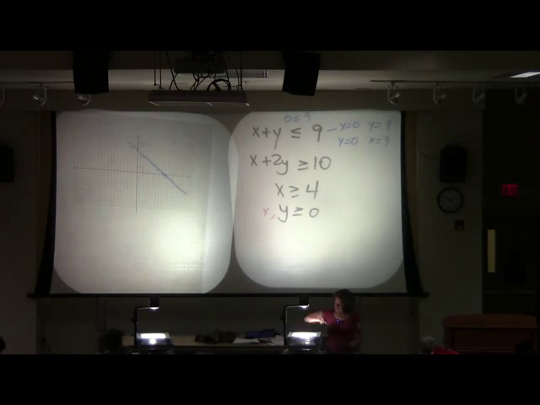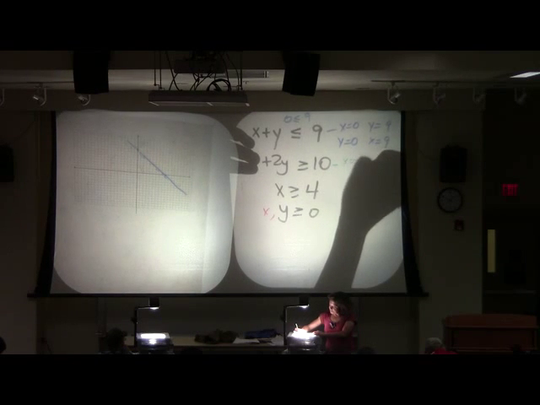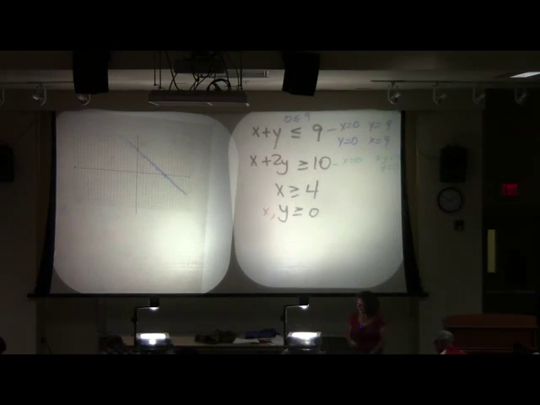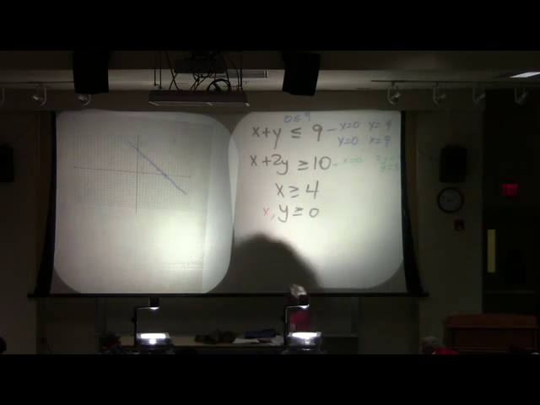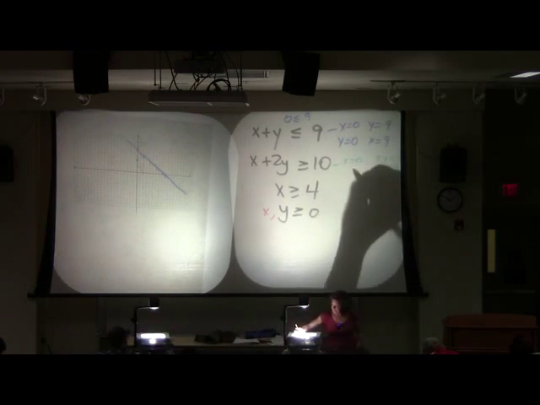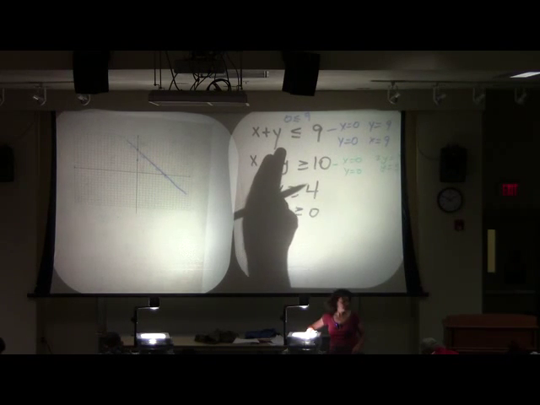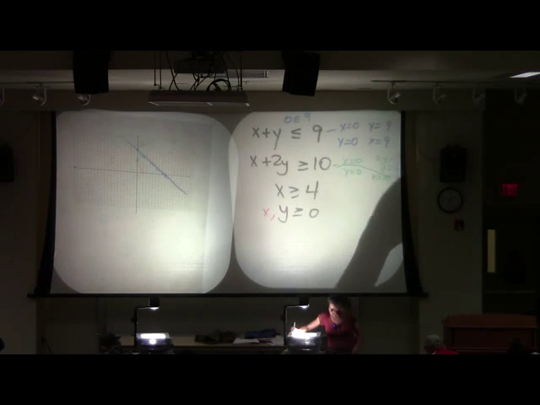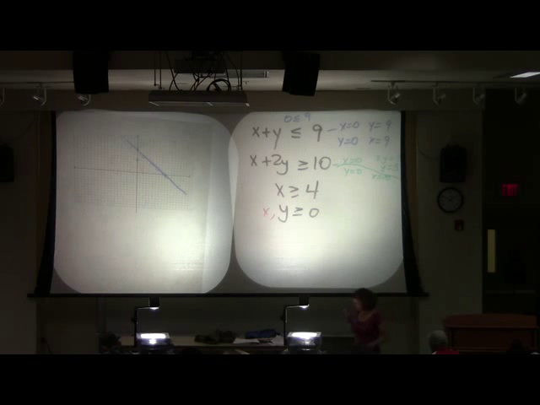All right. Let's make a green line. Ready? If I set x equal to 0 for my green line, my next line, aren't I solving 2y equals 10 and therefore y is 5? Okay, I'll plot that point. 1, 2, 3, 4, 5. Next, if I set y equal to 0, what is x equal to? 10. You guys all with me on this? Okay.